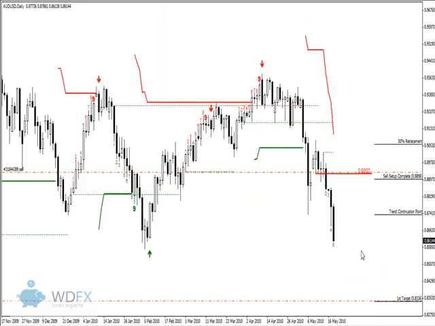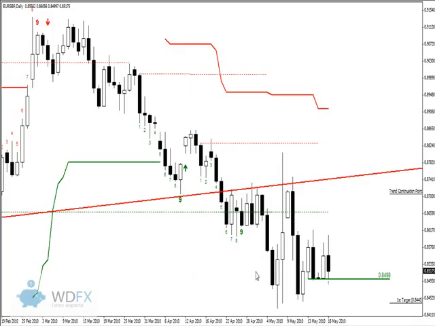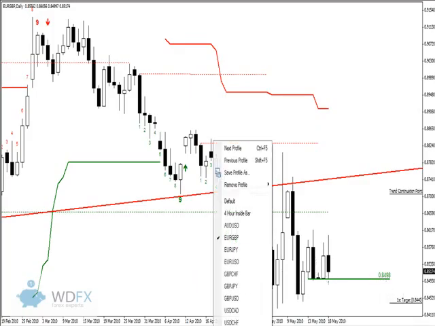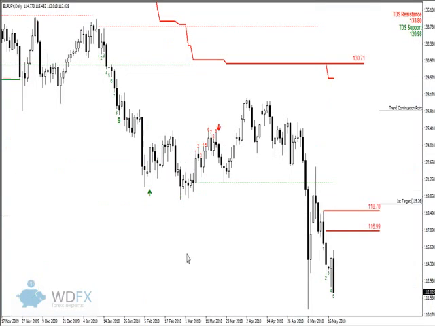But anyway, it was looking not too bad. The rest of these pairs have been really quiet. Euro pound just basically tested this 84.98 level. Euro yen, okay, it's going to post an outside bar tonight. And if you remember last week, we had an outside bar which sort of brought about a bit of weakness the following day. So I'd expect to see the same again tomorrow.